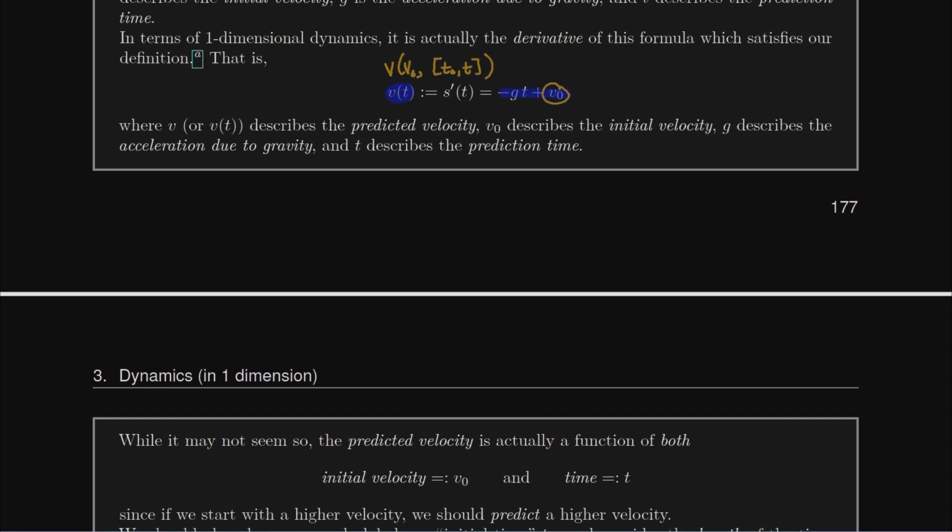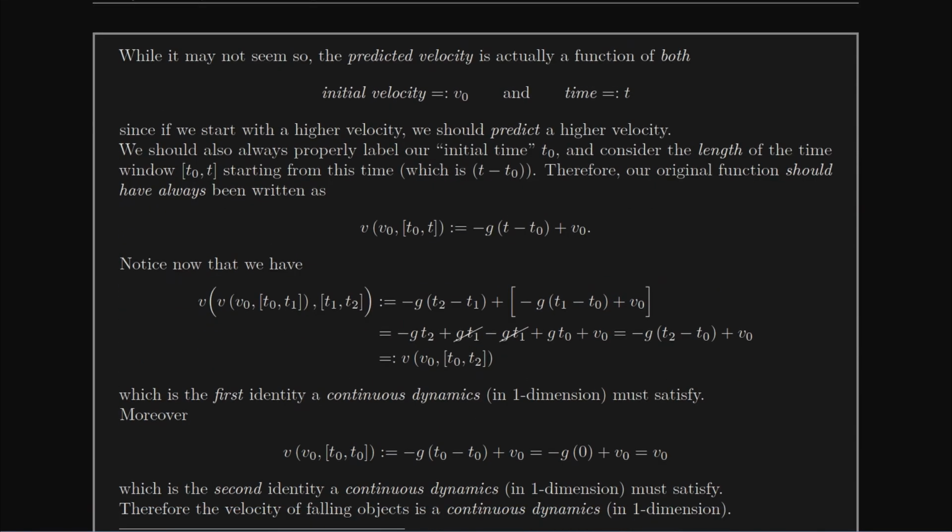Okay, so I'm going to reinterpret it as a function of both time windows and initial velocity. And when I do that, what it actually looks like is going to be negative g times the length of the time window plus the initial velocity. And I'm claiming that this satisfies the definition of dynamics. It's valid to predict the future, but I have to show that that's true by showing the two things I was showing earlier. I have to show first that if I compose these,